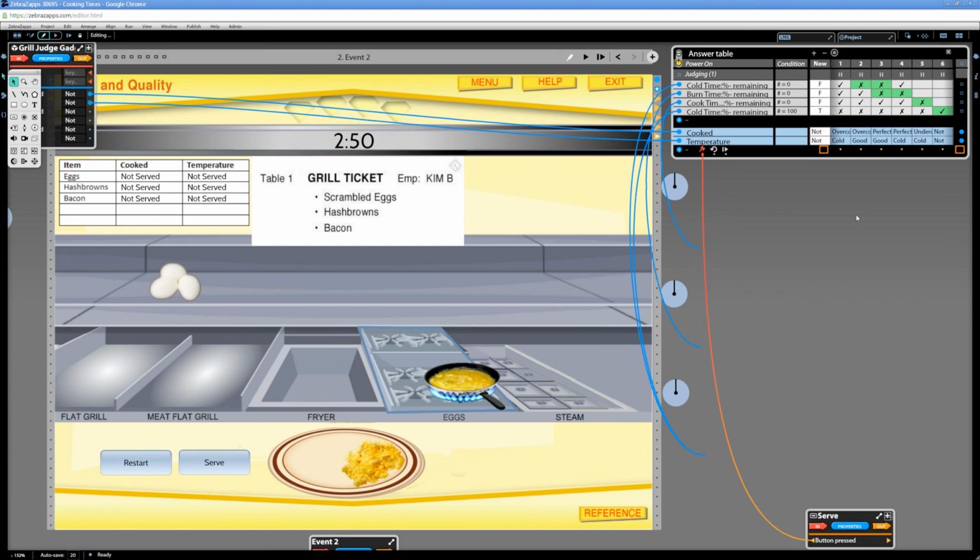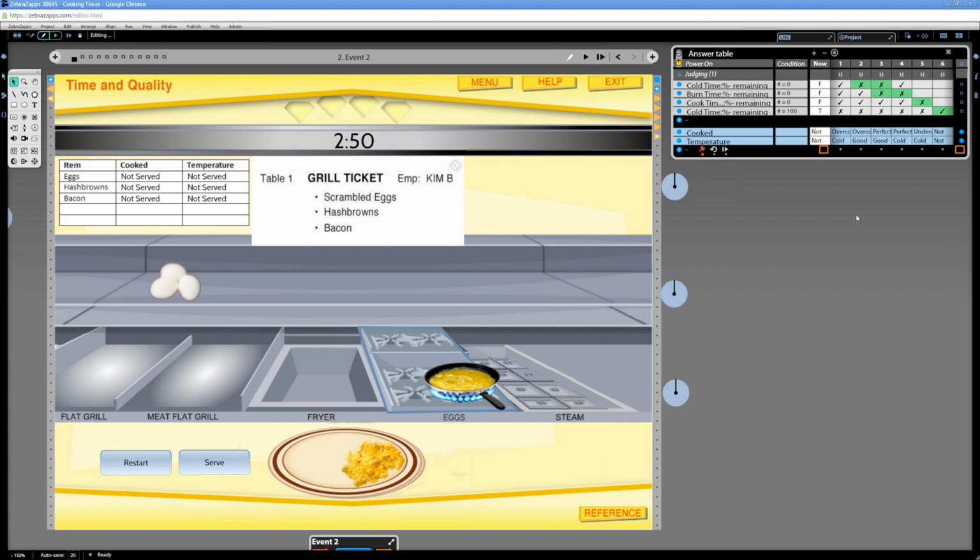And authentic consequences. Instead of the consequence being you got $300, what would happen if you served something to the customer and they didn't like it? And delayed feedback. Maybe in the real world, no one's telling you yes or no as you're doing your job. You might not know until the end of the day or the end of the week or a month later